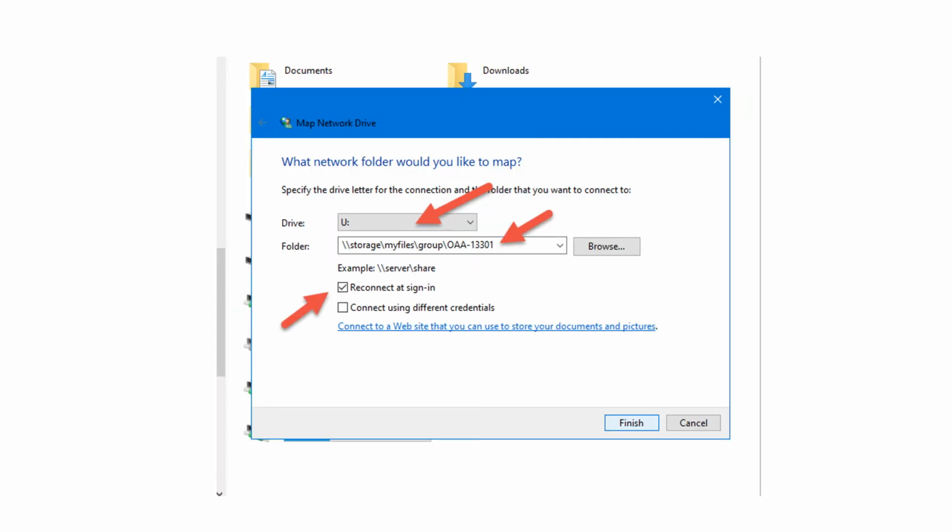As in the previous example, once you get to this screen, you'll need to select the drive letter you want to assign this network drive to. Since I already have the N drive on my machine, in this example I'm just going to assign it to U, but you can select any drive letter you want at this point, though most people would refer to this as the N drive. In the folder section, you'll click